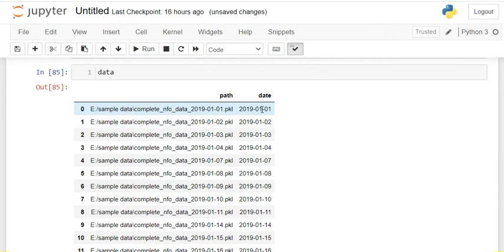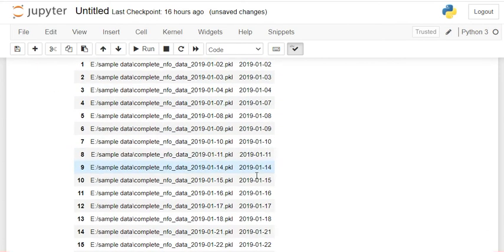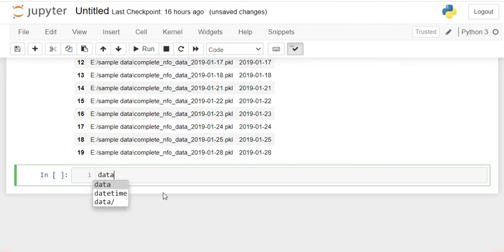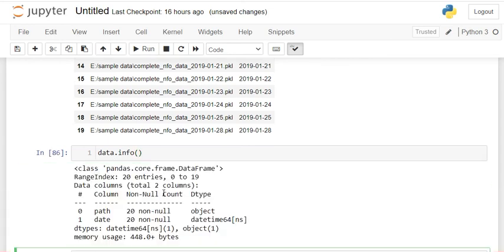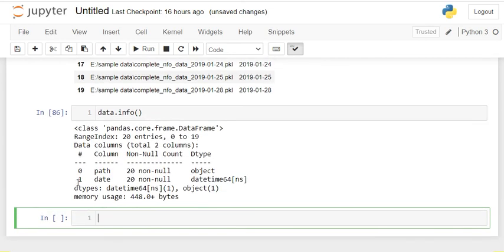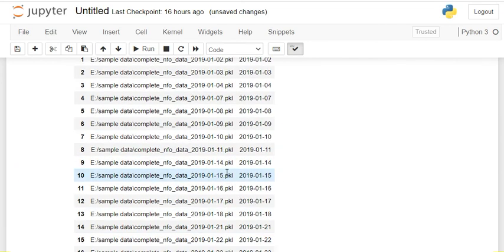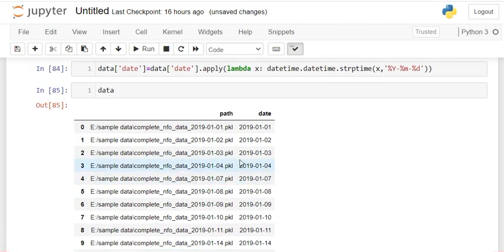now this is in a datetime format. How to know that? You put data dot info again to check this out. Just run it. You see here my column date is now a datetime format. Now whatever analysis you want to do, you can do it, because this is a datetime format now.